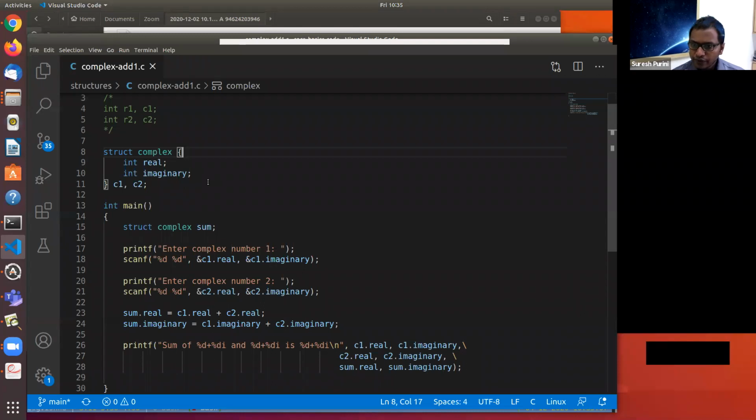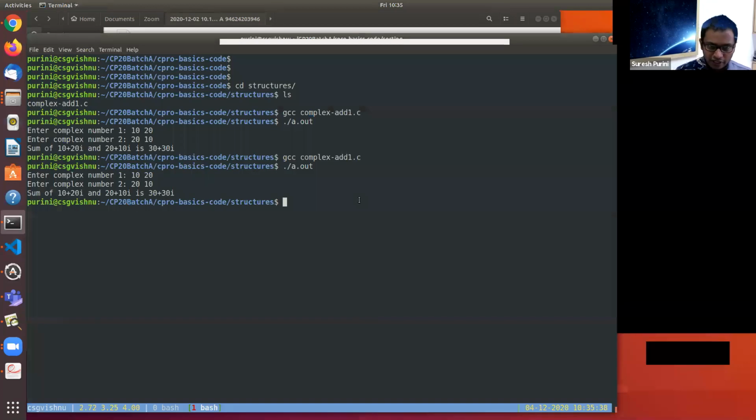We can do C1 is equal to C2. C1 dot imaginary is a member of the structure C1. The size of struct complex will give us 8. That's true. We can do C1 is equal to C2, and it perfectly works. For example, if you want to do it without writing code, let's say gcc -g